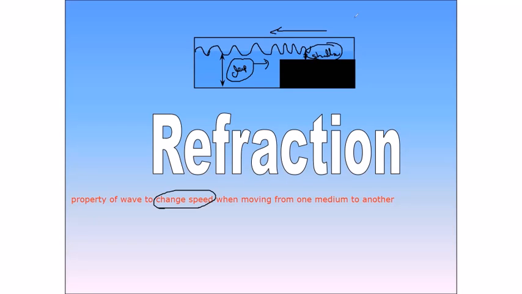The speed of the wave changes. So whenever the speed of the wave changes when it travels from one medium to another, we call this refraction. If the direction changes, we call it reflection. But if the speed of the wave changes, we call that refraction. So, for example,